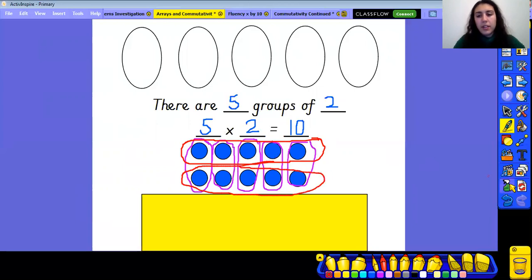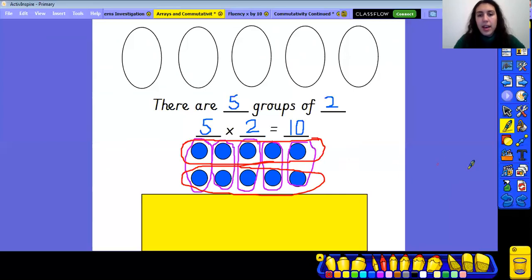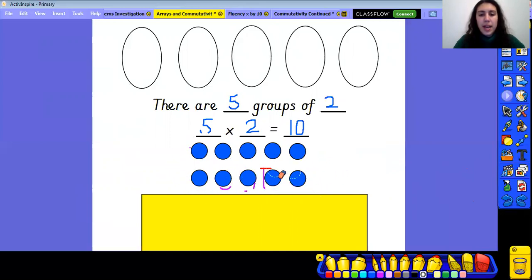There you go. So what I'll do is I'll just clear that and I will draw it again from scratch so it's a little bit clearer for you to see. So before we grouped them in their columns going down and we had 5 groups of 2, remember those purple lines going down like that. But instead, we could group it in a different way going across in their rows like this. If I group it like this instead,